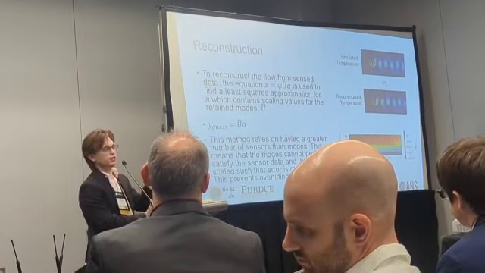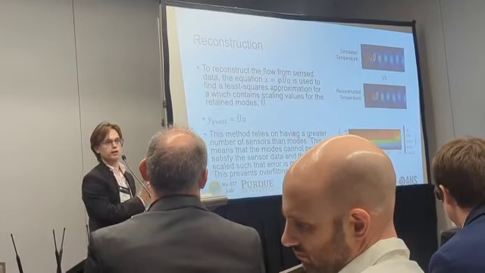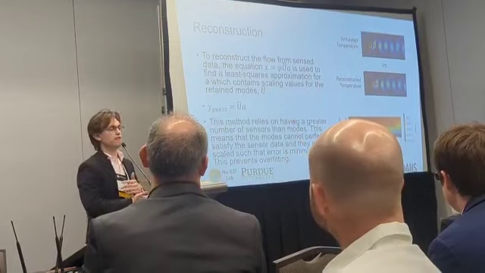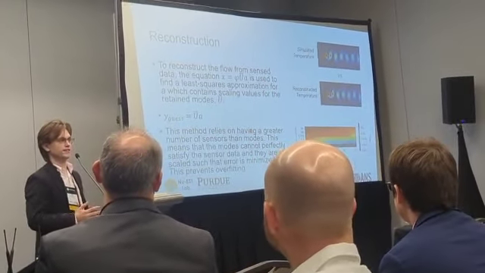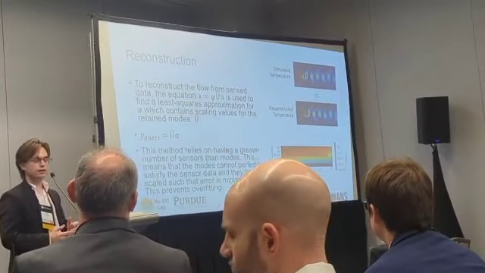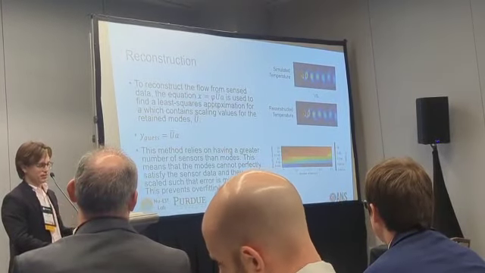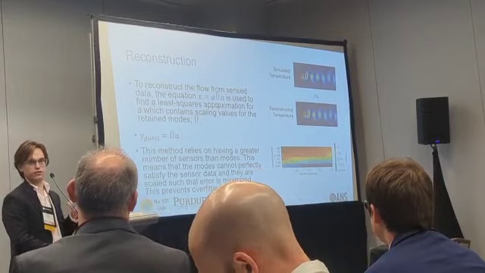This is important because if we were in the opposite situation, where we have more unknowns than equations, then we would have an infinite set of solutions to our problem. That doesn't do us any good. We don't want an infinite set of solutions. We want one. We can use a method developed by Penrose to solve this matrix equation fairly simply and give